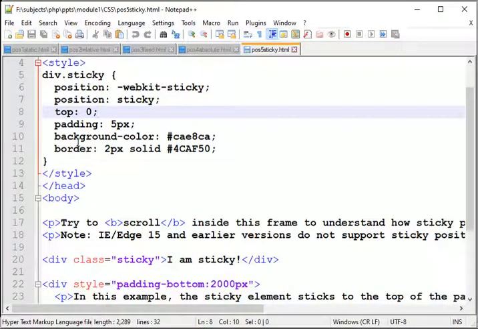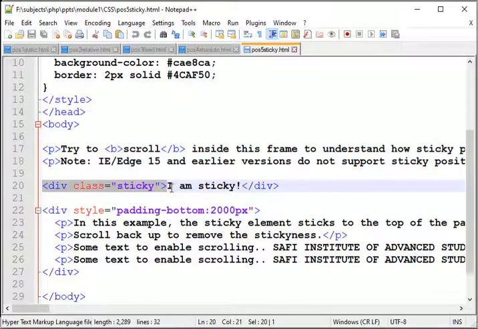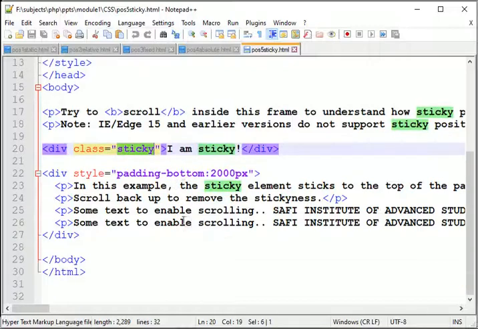Then we can set background color, border, and padding according to your taste. Here we call the class sticky. "I am sticky" will display position sticky. The padding-bottom and the other div styles are the content under this sticky property. We can run it.